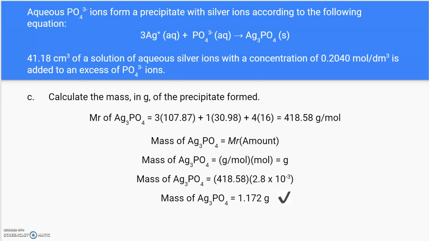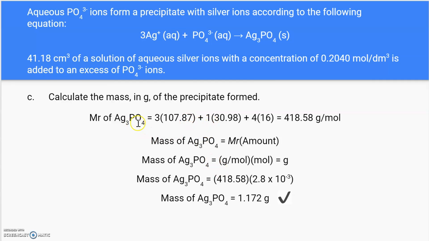Now part C asks for the mass of that precipitate. Now it's not in moles, now they want it in grams. So the first part of this exercise is to find the molecular mass of the precipitate, right? So we know that the precipitate is silver phosphate, and we know that this is its formula. So when you multiply 3, the subscript of silver, times the molecular mass of silver, which is 107.87,